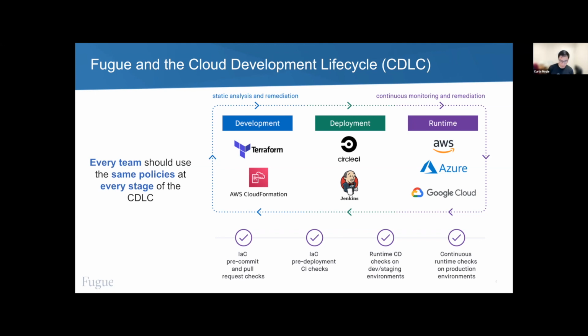And so for us, this isn't just 3 linear steps. This is a continuous cycle, right? And so what we believe is that our platform and tooling needs to support all of the steps involved there. And so what Curtis is going to show you later is how Fugue and Regula, our open source tool, support you there. So whether it's pre-commit or as part of your pull request processes, as part of your Git workflows if you're a developer, or maybe right before you deploy any infrastructure as part of your CI/CD system, or maybe